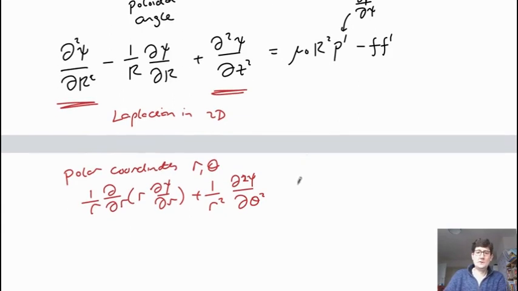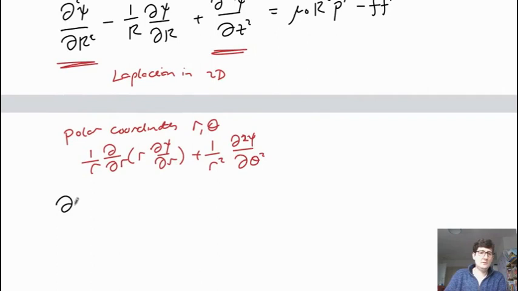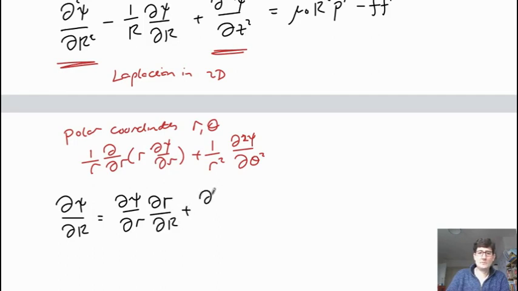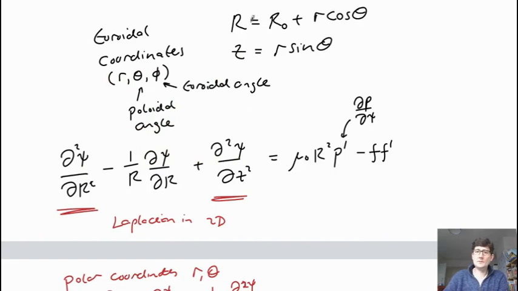So we need to know what d psi by dr is. And this essentially is just done by chain rule. So you just say that psi is a function of capital R and, as a little r and theta. So this is d psi by dR. So you just use the chain rule like this. From the definition of the coordinate system like this, we can rearrange this equation to work out what little r and theta are.